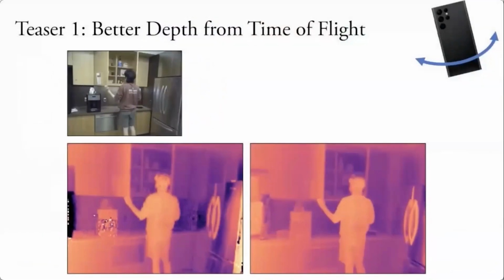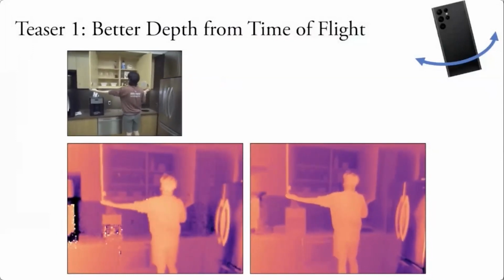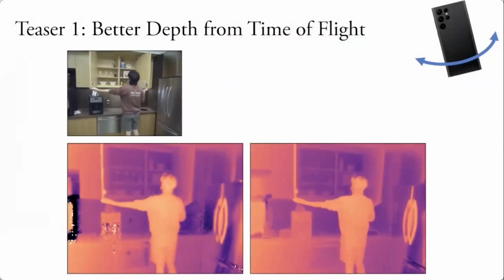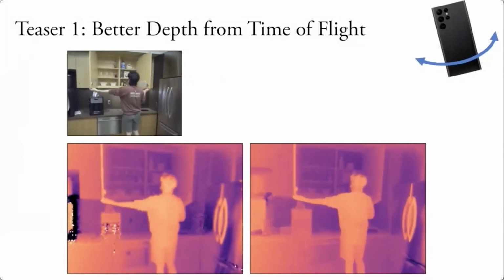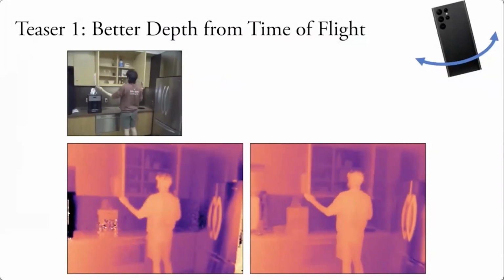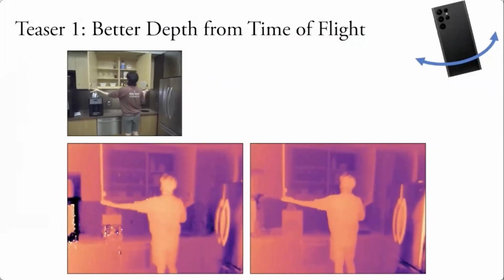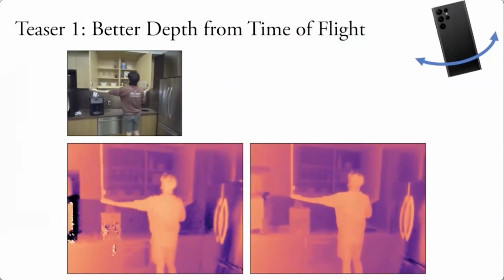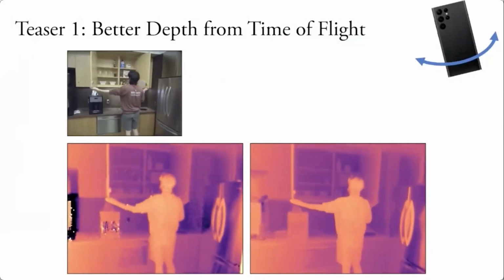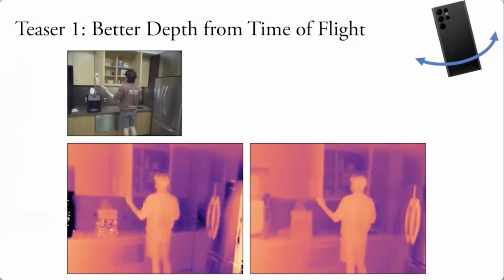Here's a couple of teasers. Computing the depth of the scene is important for measuring the geometry. We're going to show that the depth sensing from time-of-flight cameras is often in error, and that we can fix this depth sensing, such as on the right-hand side, to produce much more accurate results, lower noise, using these neural